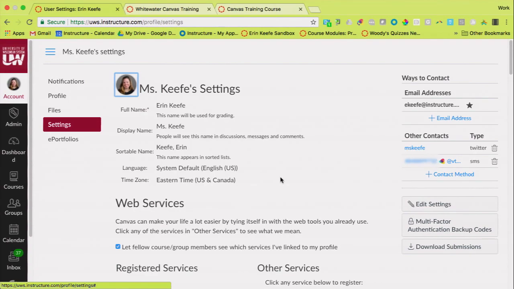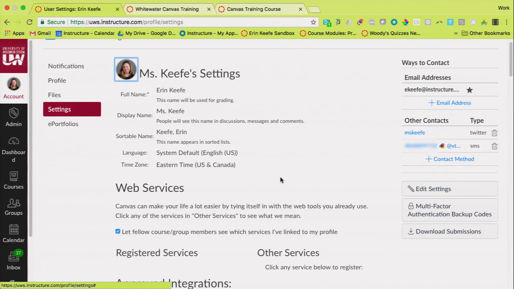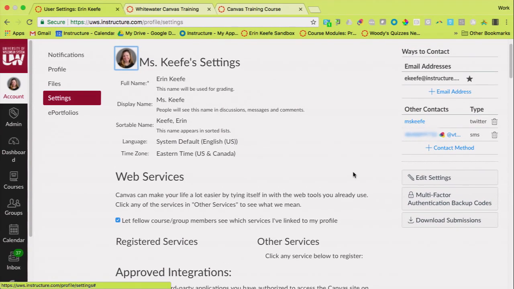Just hover over it, as long as it's not your own. Hover over the picture, and a little flag will pop up, and you can click on it, and flagged pictures get removed from Canvas until an admin takes a look at them and decides whether or not they're appropriate. So it's always good to know. Hopefully people act like adults, but it doesn't always happen.